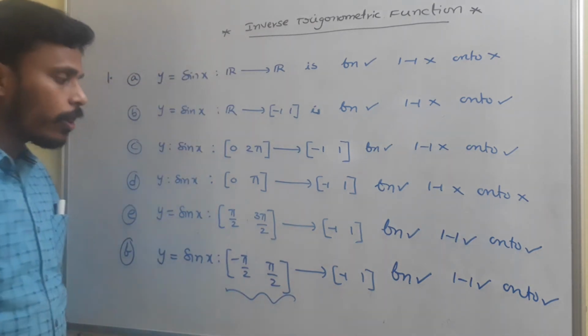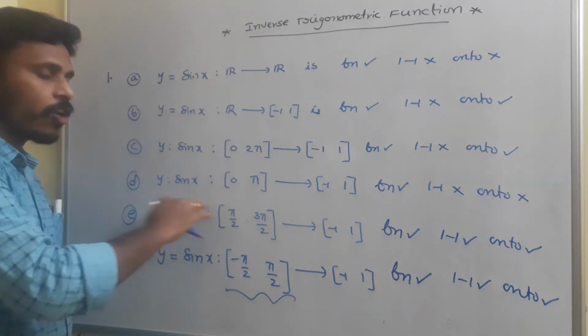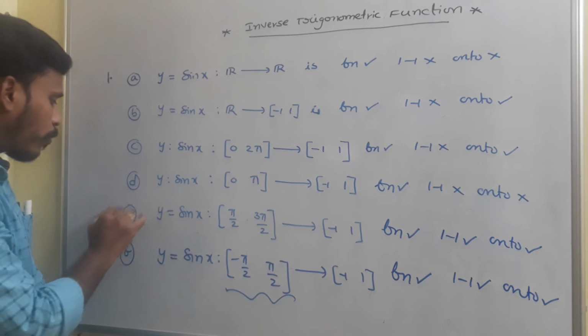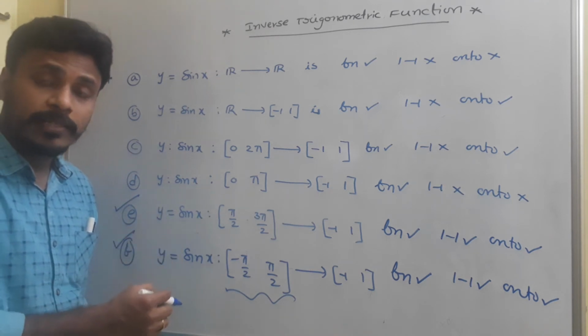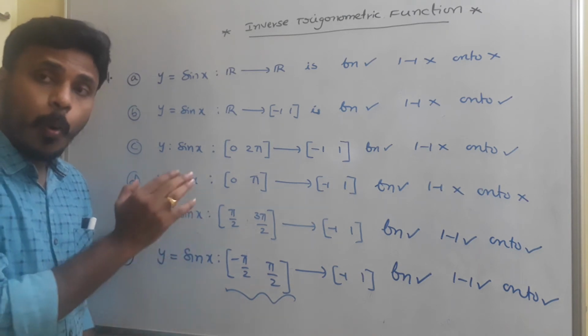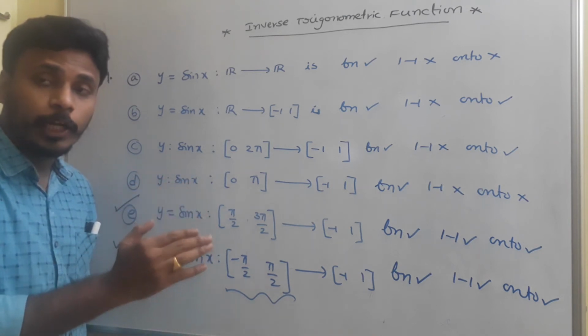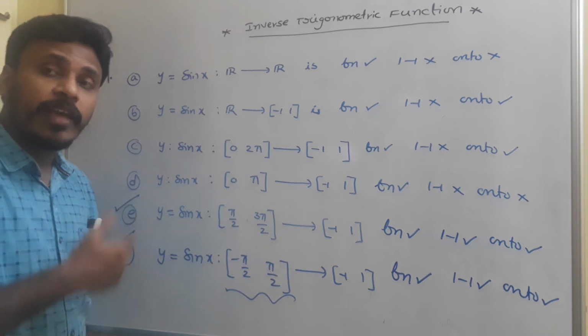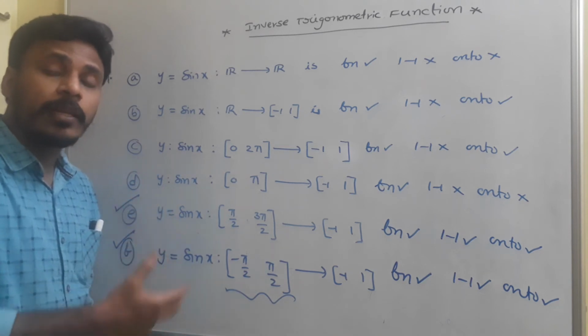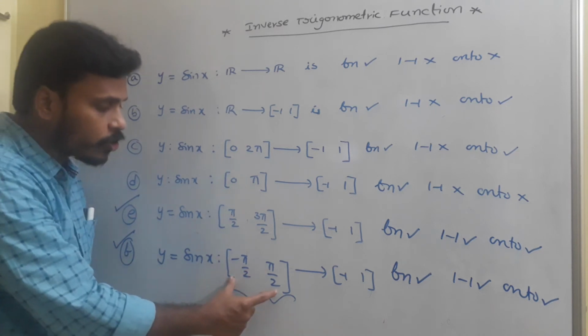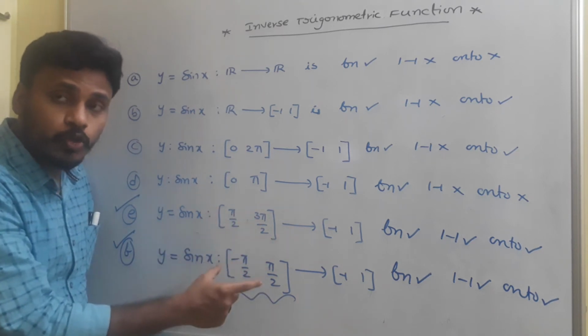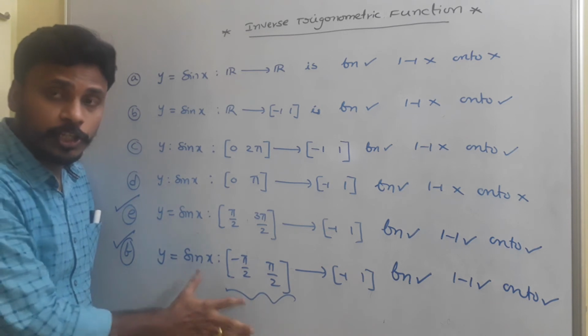Okay, when you observe all these things, these functions are not bijections, but when you think about E and F, these functions are bijections. Likewise, just by considering one positive quadrant and one negative quadrant of sin x, there we have a chance to define many bijections. Okay, not only one. Just by changing this domain, there is a chance to construct many bijections.